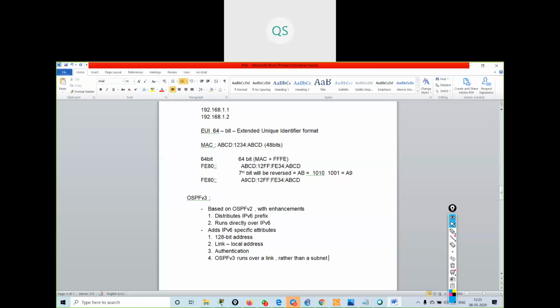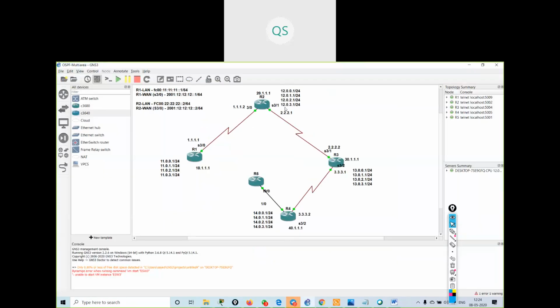So now we will configure OSPF version 3, that is with IPv6. I will take these two routers, R1 and R2.